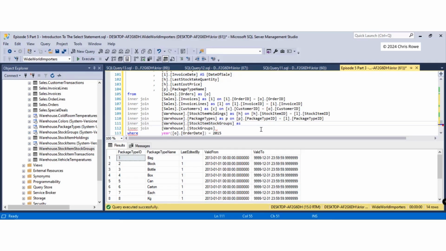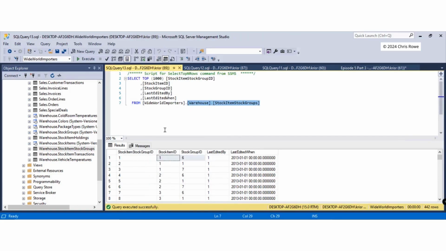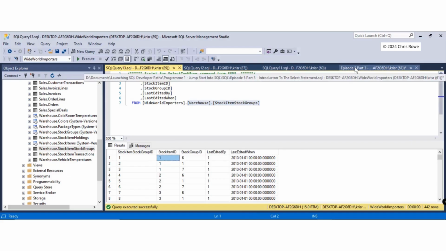Stock groups, we'll call this one as S. Have we used S before? No, we haven't. As you can see, with a lot more tables coming in, it's getting slightly more complicated, but these are all pretty straightforward joins. All of them inner, so pretty straightforward as a whole. So we're looking for stock item ID,